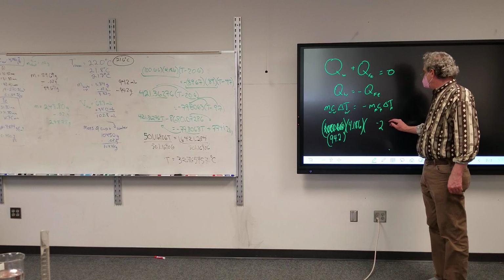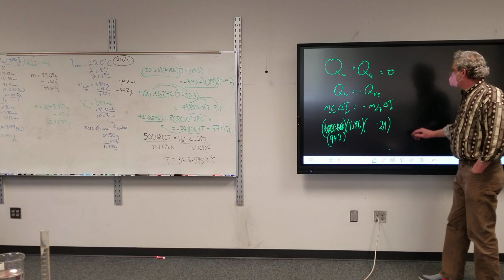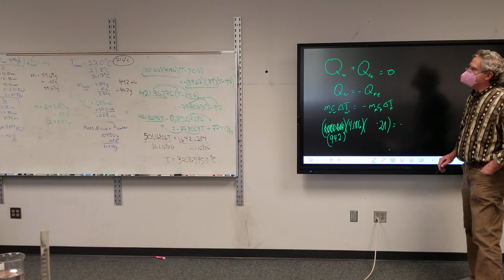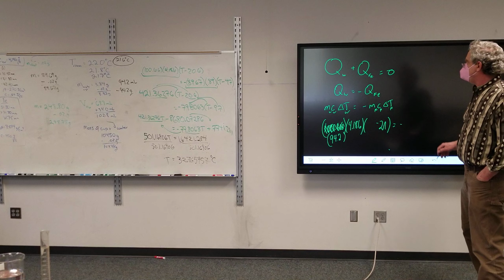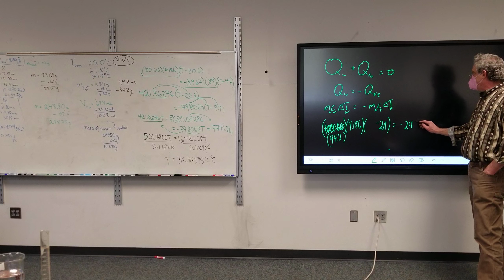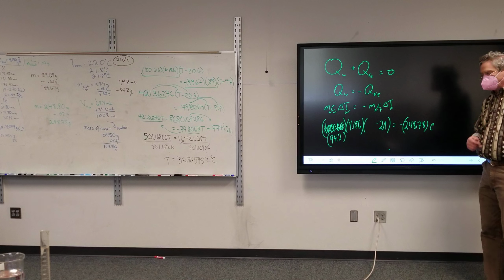So minus 21. It's going to be equal to the negative mass of the iron block, which was 248.78, times the specific heat, which is what we're going to find this time,